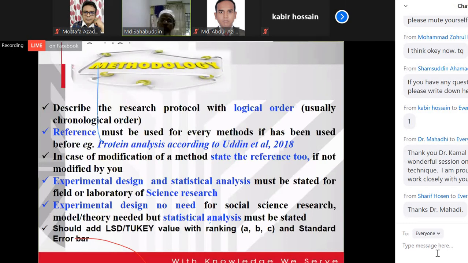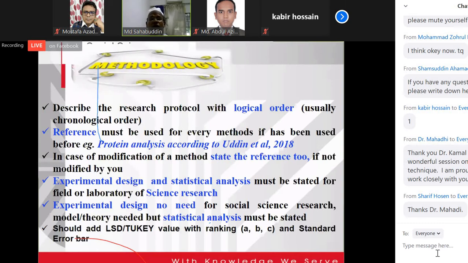So this is very important. We should not forget to add the location, and we should not forget any statistical information. Otherwise, your experiment will be rejected. But inside the methodology, you have to follow the chronological sequence when you explain. One thing: for any data collection, any parameter, any method you want to use, you must use a reference. Without reference, the method will not be accepted.